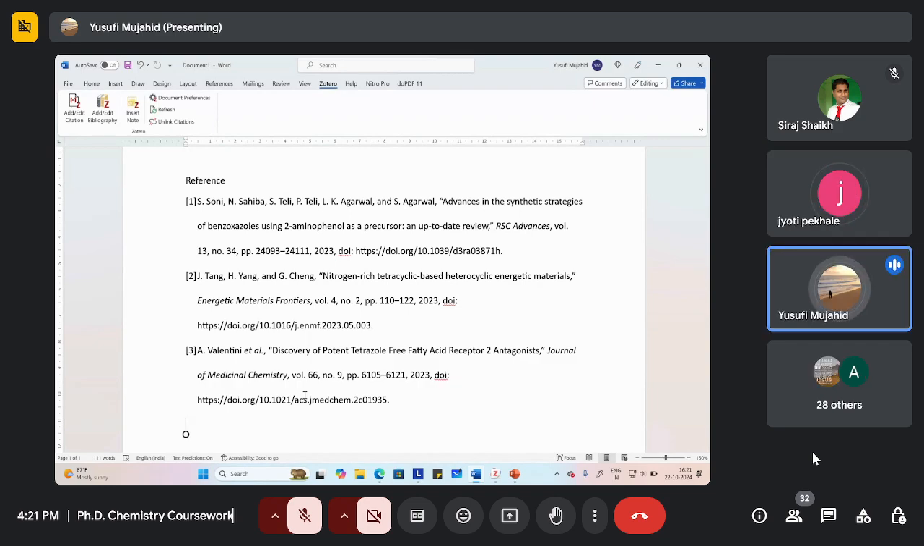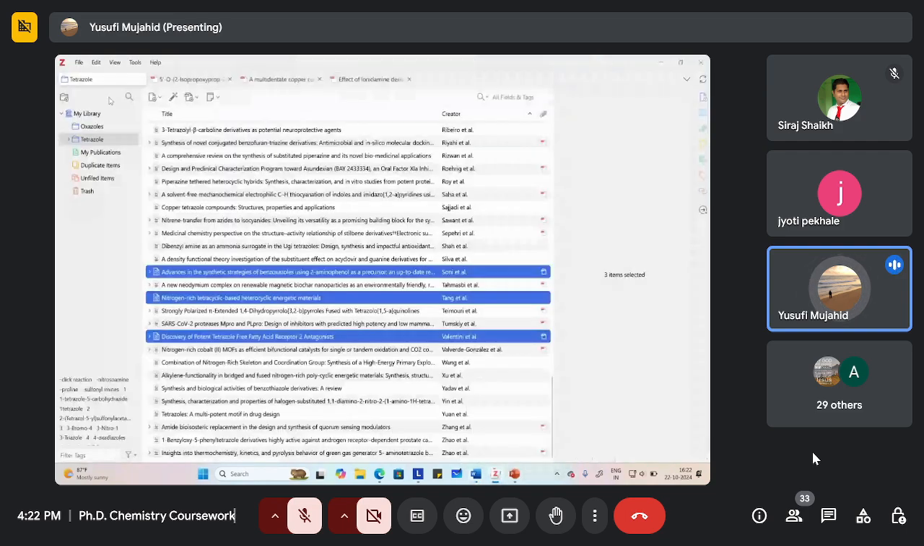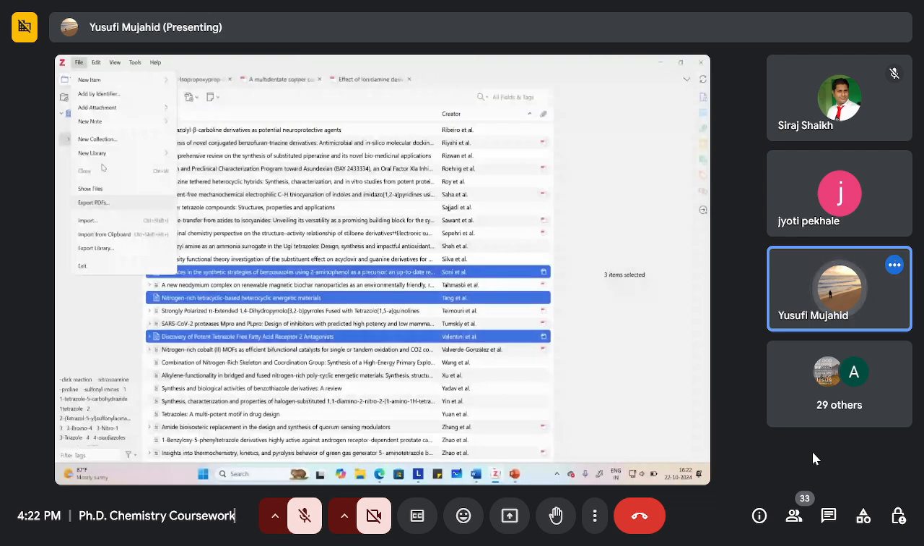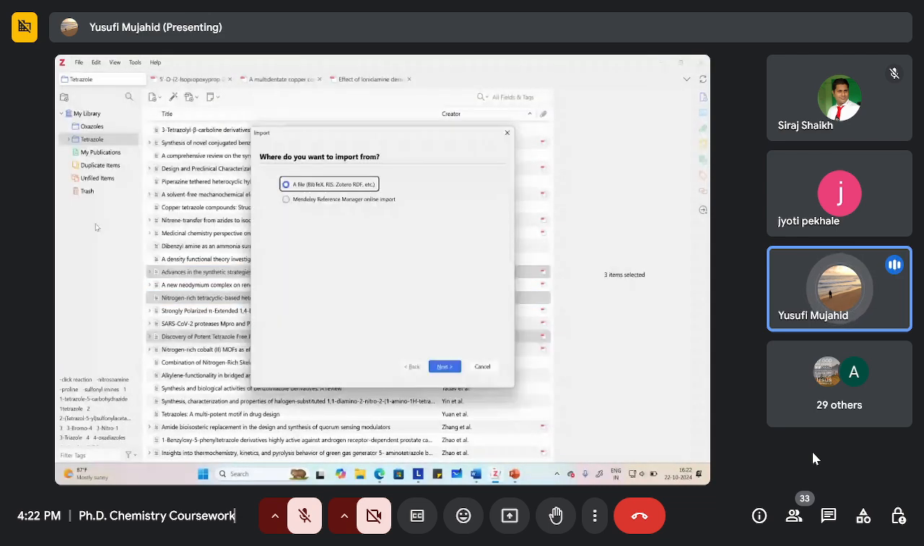हेलो सर। हाँ, यस। हाँ सर, अगर हमें रेफरेंसिंग करना है और मैंने फर्स्ट रेफरेंस जोटेरो से दिया एंड सेकंड साइटेशन मैंने मेंडले से दिया, तो ऐसे भी चलता है? मेंडले और जोटेरो के डेटाबेस इंटरचेंजेबल हैं अगर आप ऑप्शंस में देखेंगे तो। ओके, अगर आप जोटेरो के ऑप्शंस में देखेंगे, फाइल में, इंपोर्ट में, फाइल इंपोर्ट, तो यहाँ पर मेंडले रेफरेंस मैनेजर ऑनलाइन इंपोर्ट, ये ऑप्शन एक दिया हुआ है।